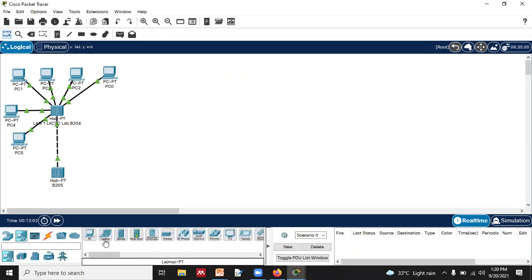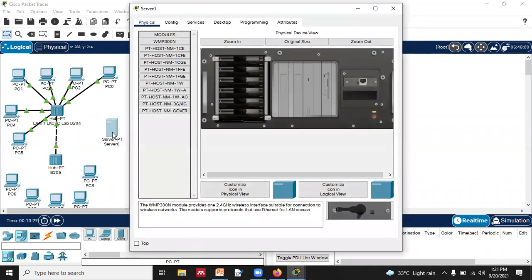So what we do is we will have more PCs. Now suppose think of this that this is a lab where these PCs are connected in this manner, right? Now, as we know, it is very difficult to configure all the 3-4 labs all together. To assign IP addresses is a tedious job. What do we need then? We need a server. So I will bring a server over here. One server now comes into the picture.